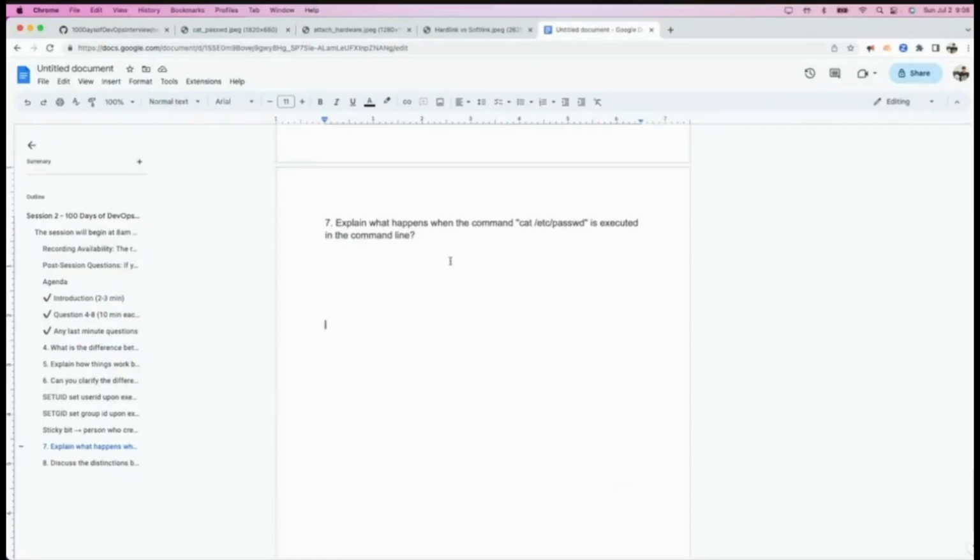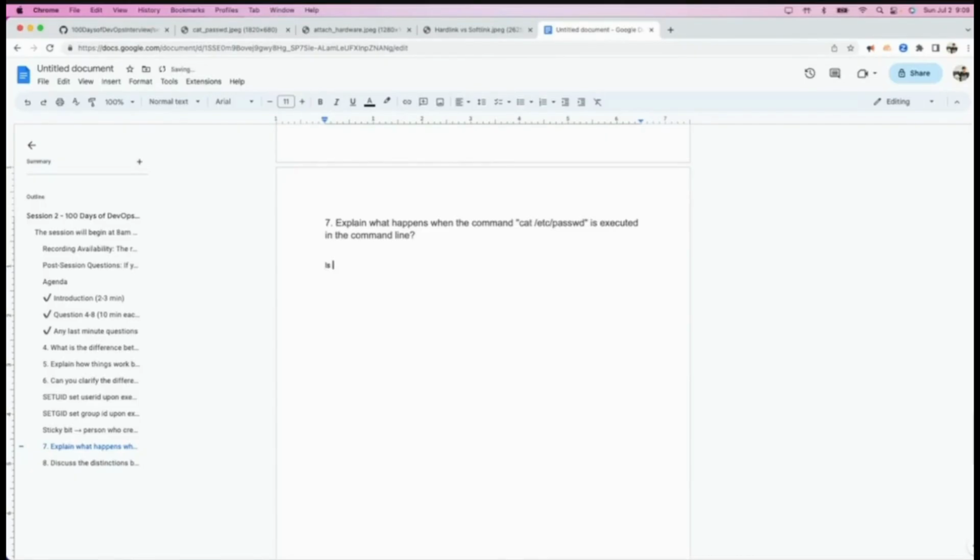This is again a really important question, and I know most of us, whoever starts their Linux journey, have executed a bunch of commands on our Linux system, or to be precise, on our bash shell. But how many of us think about what happened behind the scenes when we run this cat /etc/passwd command, or even if we executed the ls command, what exactly happened behind the scenes, or for any command which you are running?